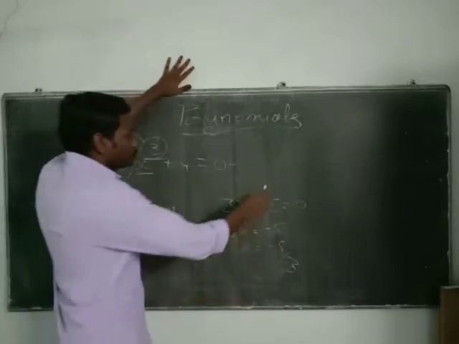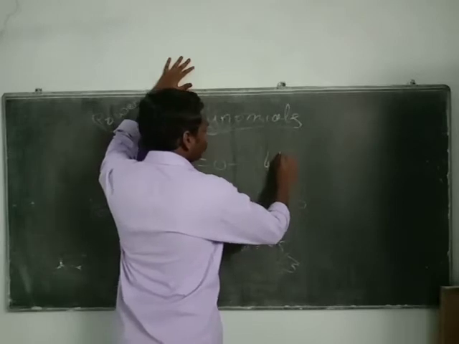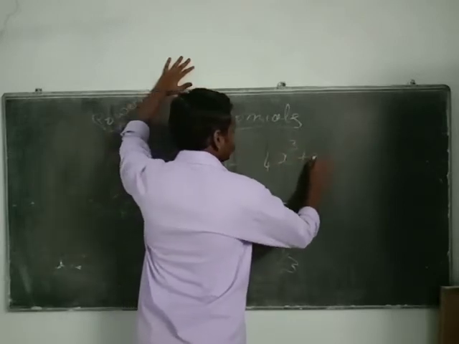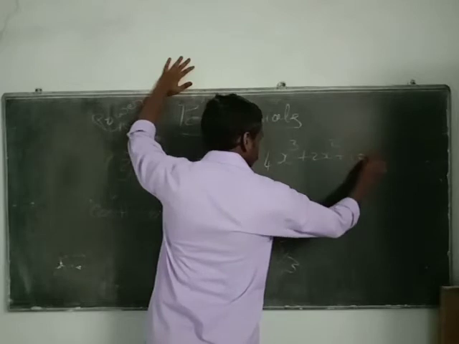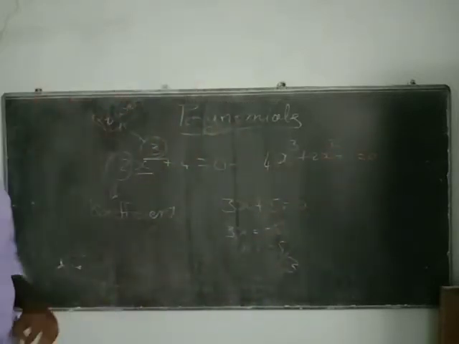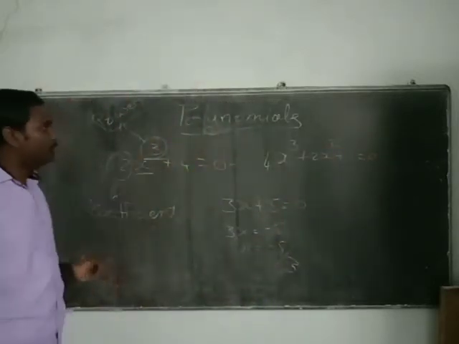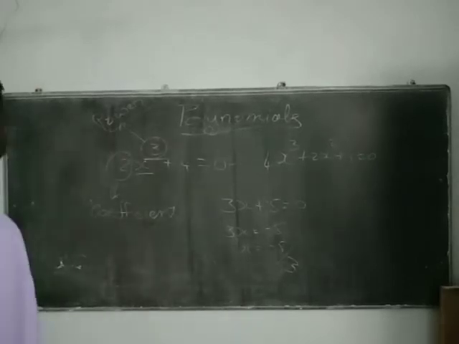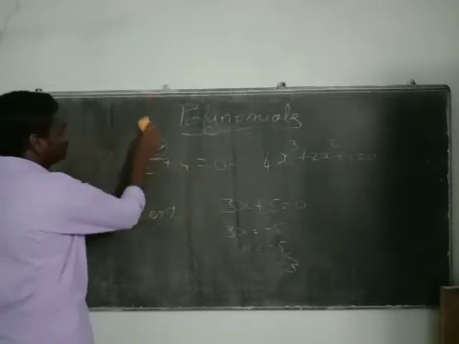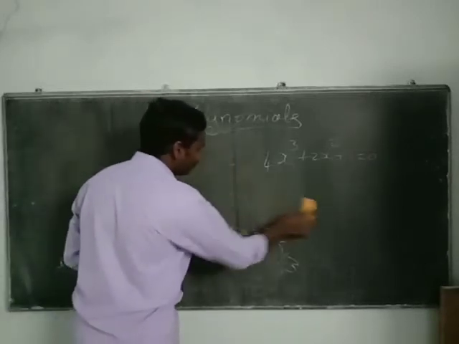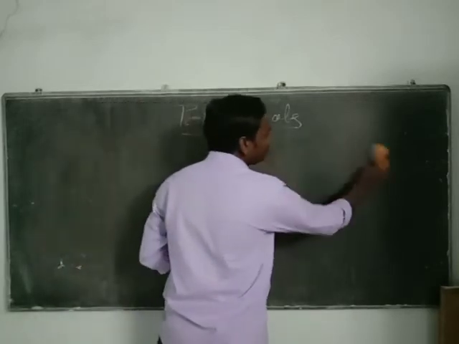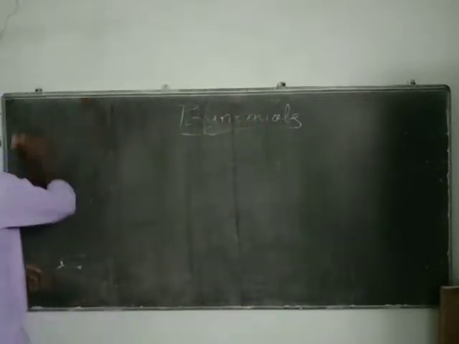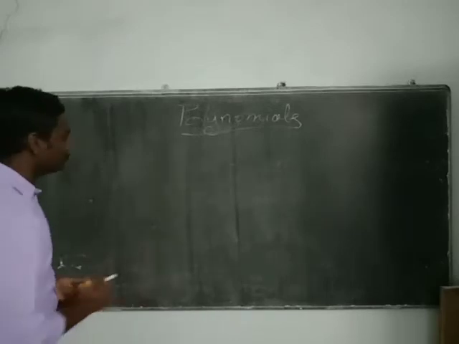Okay, let me go with another question. Suppose it is 4x cube plus 2x square plus 1 is equal to 0. Somewhat this is typical. This is a typical type of polynomial. Then how to solve such type of questions? We have different types of solutions for different types of equations. Whatever the equation might be, there will be a particular solution. So which type of solution is that going to be?